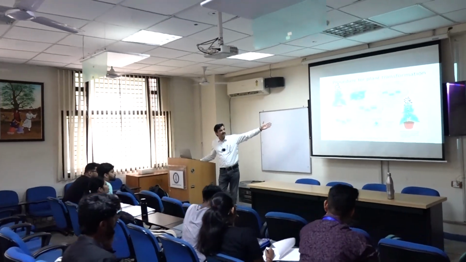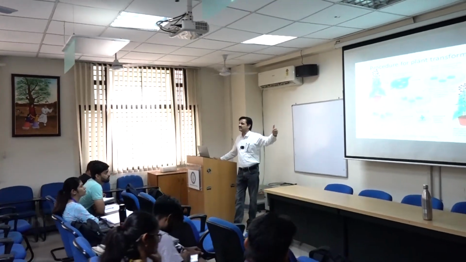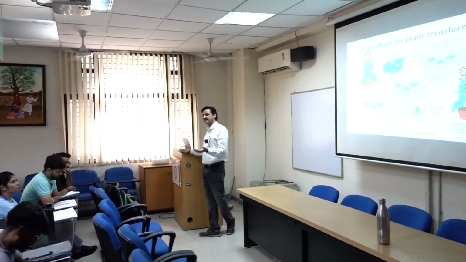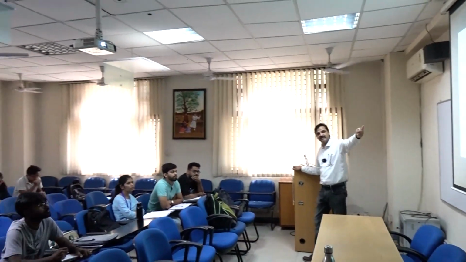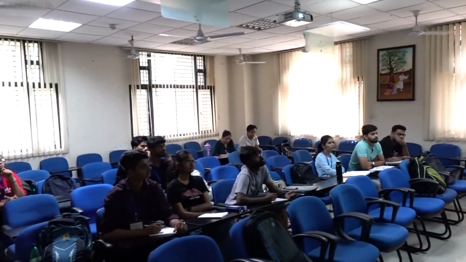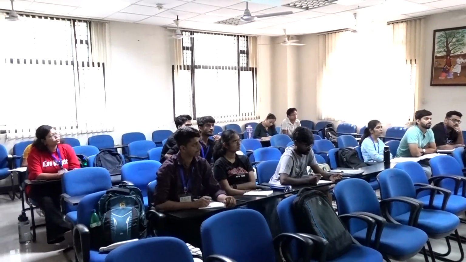The leaf piece was taken and treated with the gene, which was before that cloned into a vector, and the vector into a bacteria, and then it was transferred into the plant. The plant was converted in the lab into somatic embryos, and through embryogenesis that was converted into a plantlet. So this is the story of making BT cotton, and this is how it works.